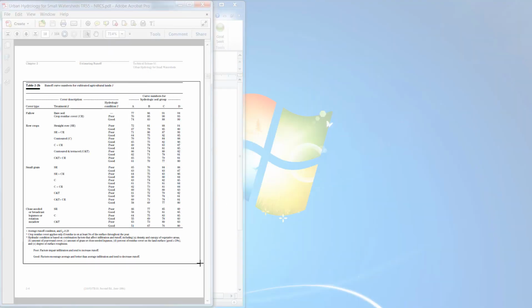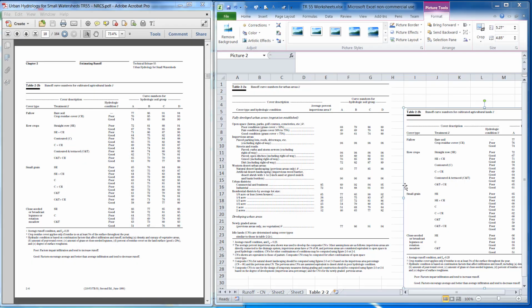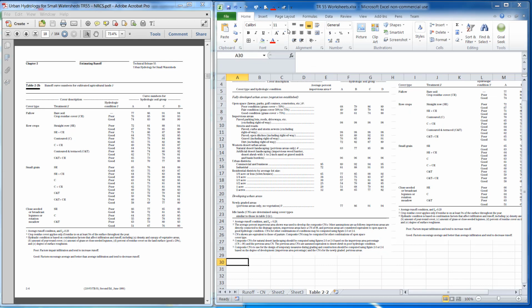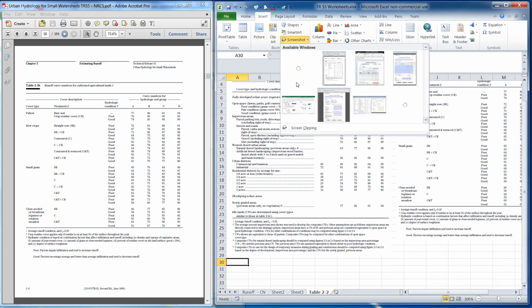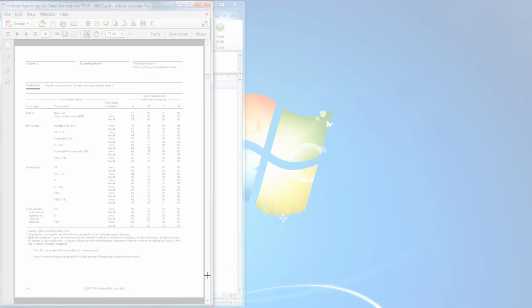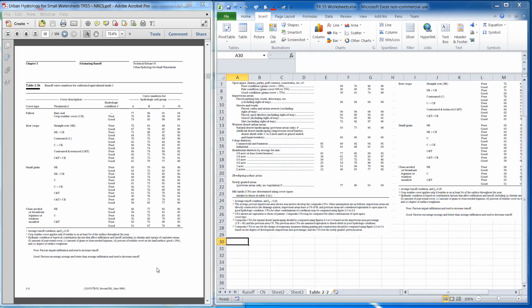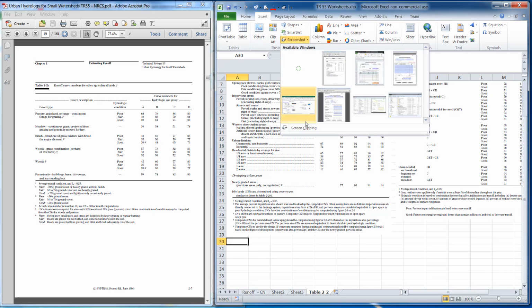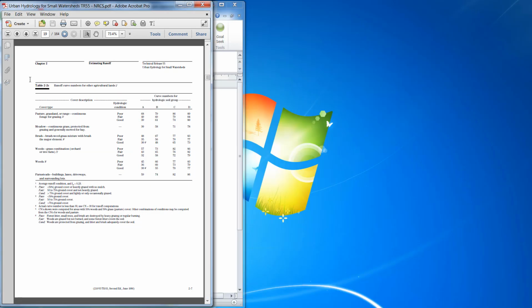So again, you may not have this in the Office 365, the screen clipping. Insert screenshot, go to screen clipping. Oops, I shouldn't have done that. I just hit escape to get out of it because I need to scroll down. So go ahead and either screen clip